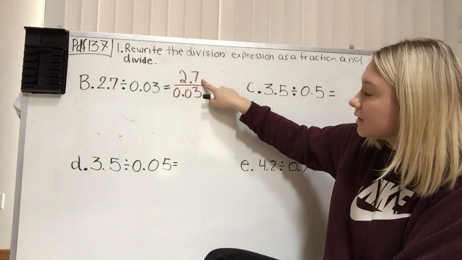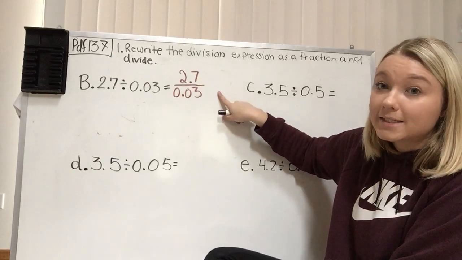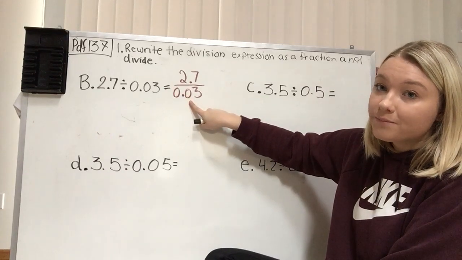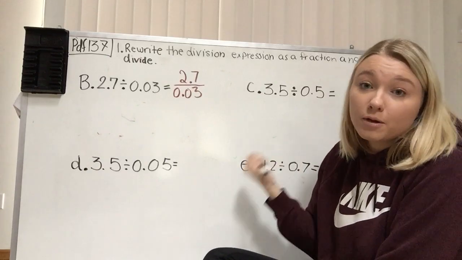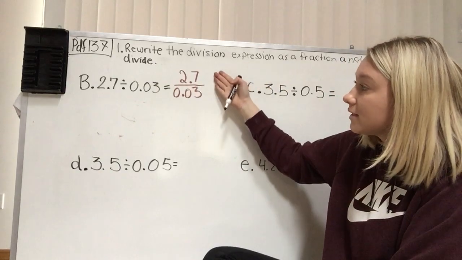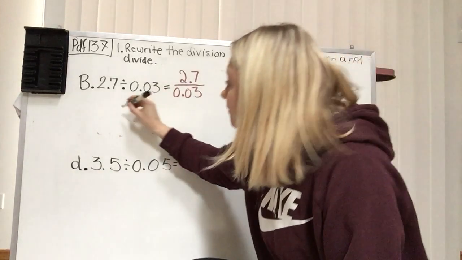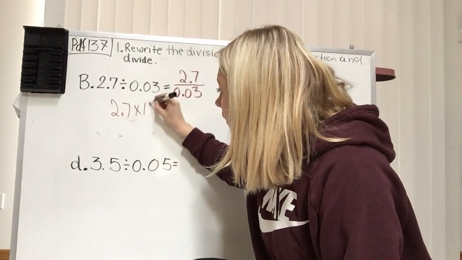So if this is in the tens place, if I multiply both the top and the bottom by 10, then this decimal will still be there, right? This number is in the hundredths place, so if I multiply it by 100, then it'll get rid of this and also this decimal, okay? So I'll show you. So I'm going to take 2 7/10 times 100